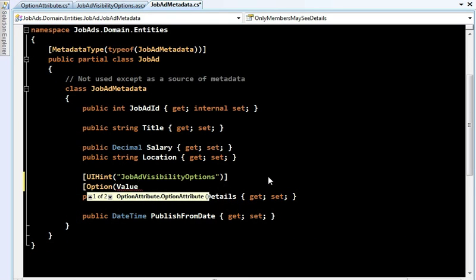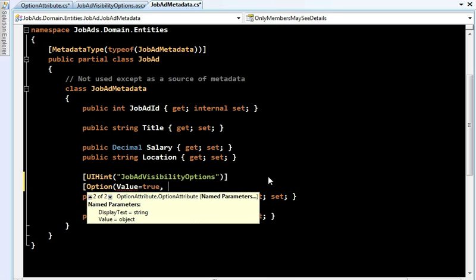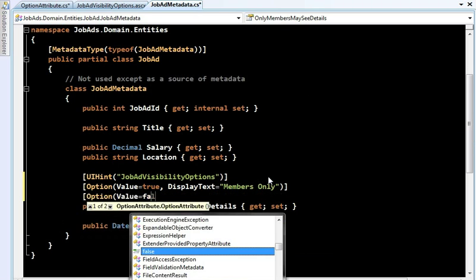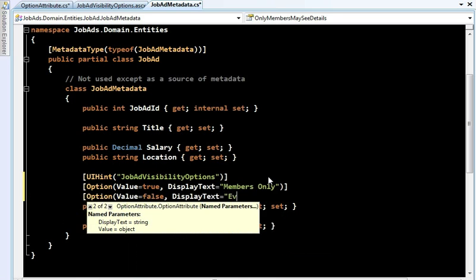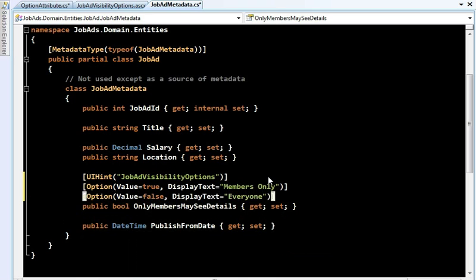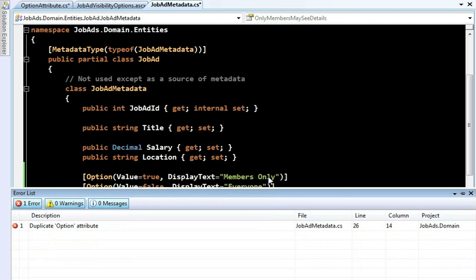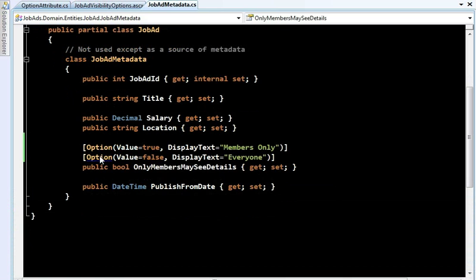that applies when the value is true, and that should display with the caption "members only," and another option for if the value is false, and that displays with the value "everyone." And I'll get rid of this UI hint attribute because we just want to use that as our metadata. So if I compile, right now we'll get a compile error because I've tried to use the option attribute twice,